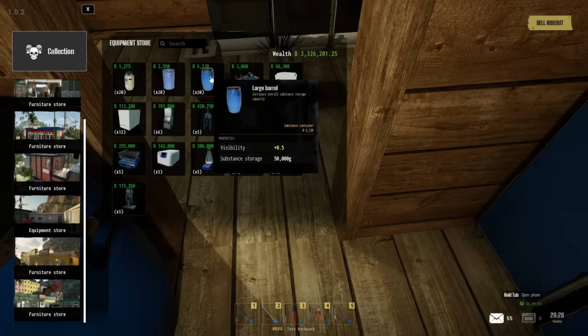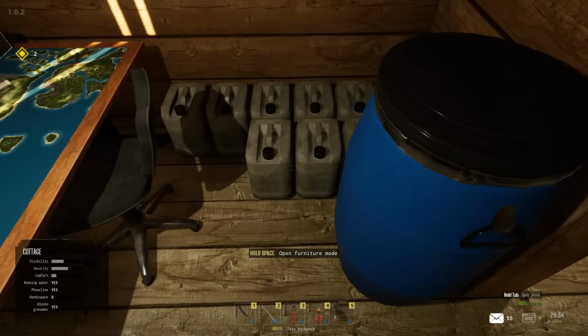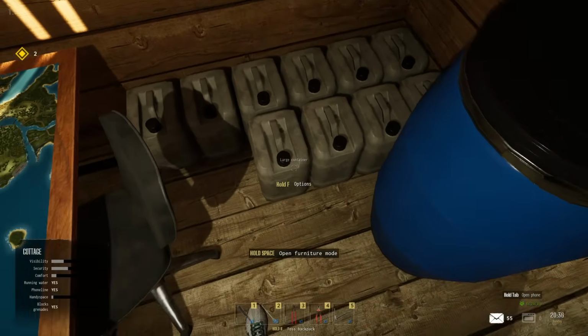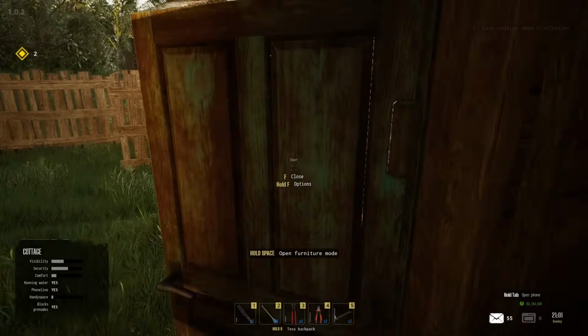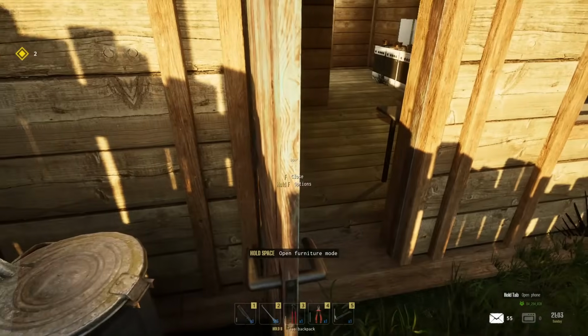So if you are always running low on your substance storage, put down more containers. The large containers don't take up too much room, and you can put them very close to each other. And then the barrels are just going to be massive in terms of how much extra substance storage you get. But one extra little thing about this as well is make sure that at every hideout you go outside when